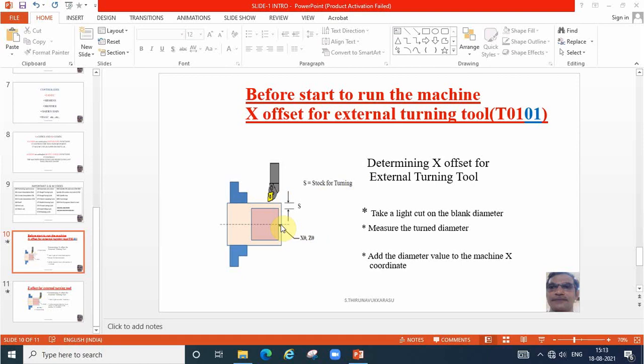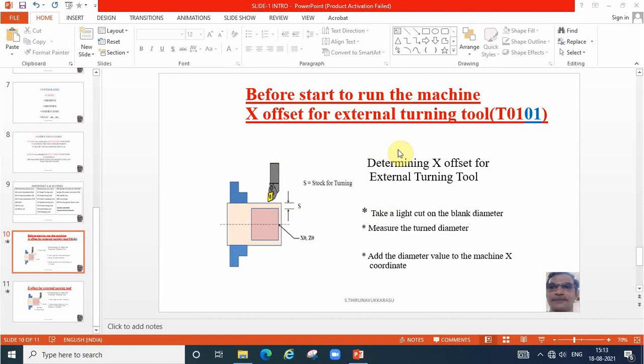Okay, the same procedure for Z also. Go back to reference point, bring down the cutter like this and then move the cutter like this to touch on the facing side. When the tool is touching, once again, don't change the position. Go back to offset page. Against tool number 1, against Z, you just double click.